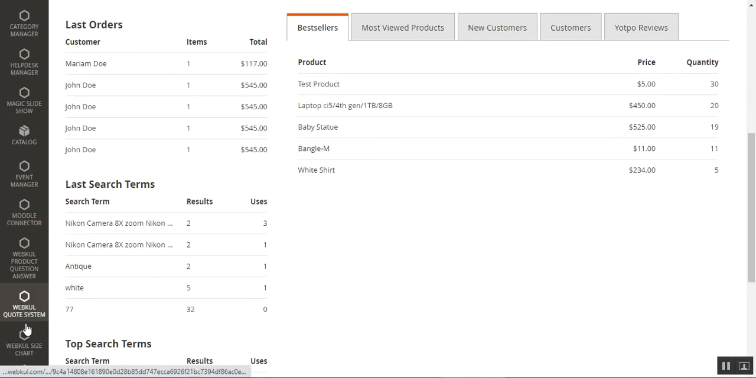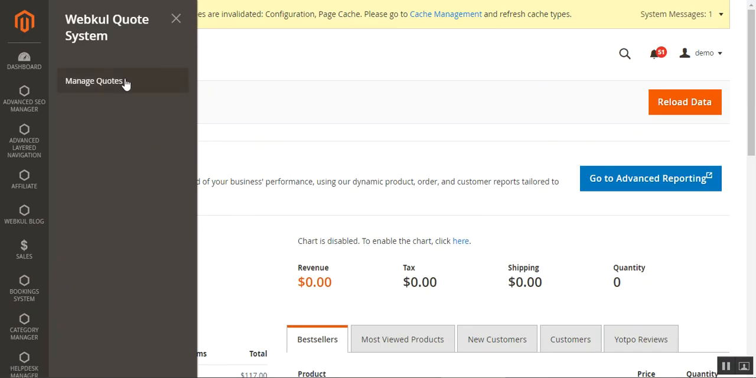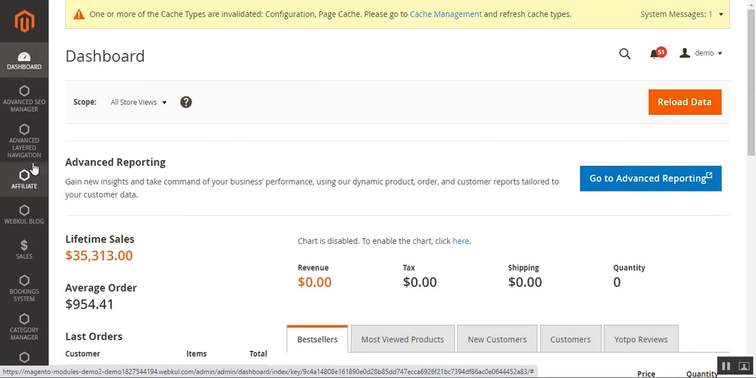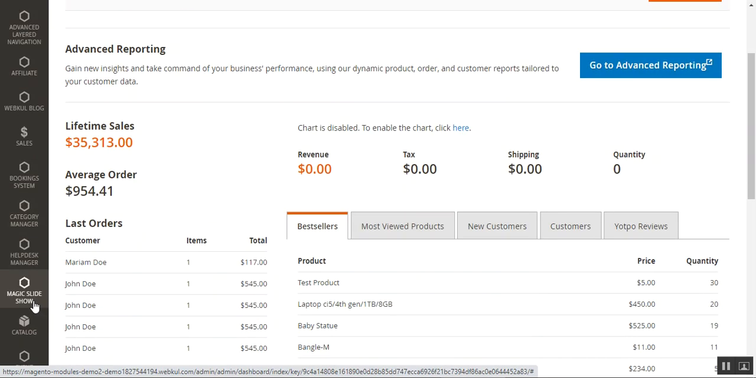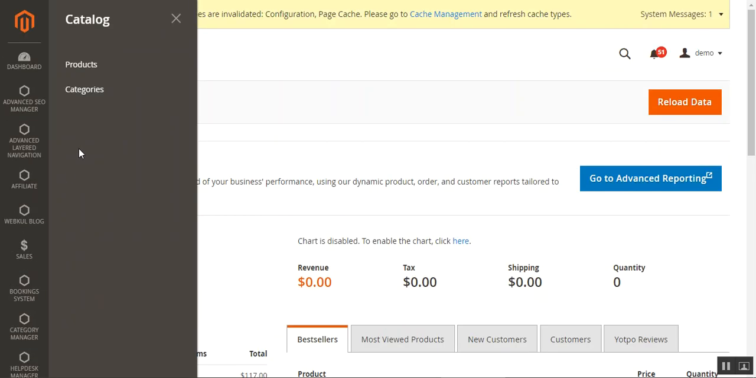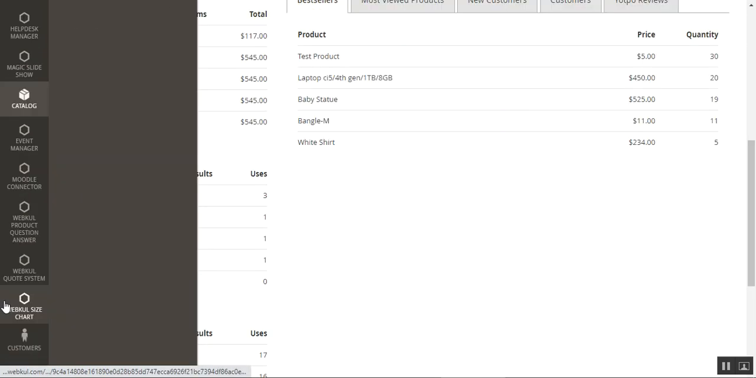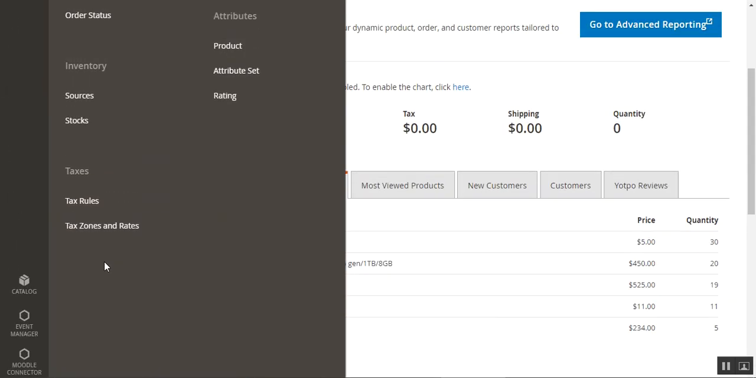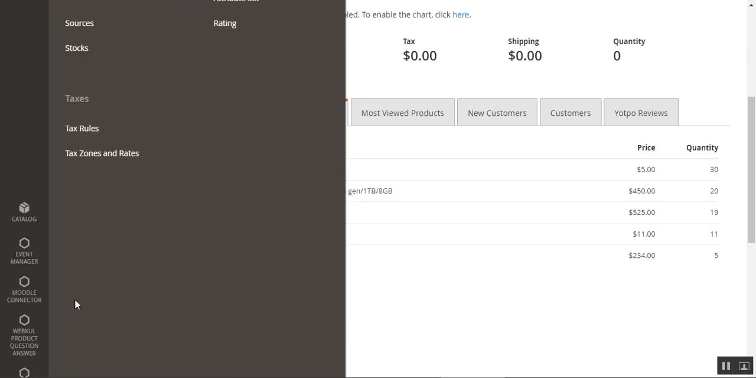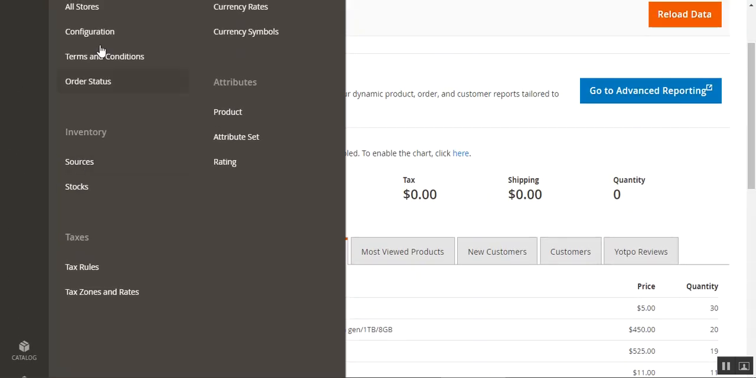So I've already told that we have the manage code section wherein we'll have all of the codes that are there, and the admin can add the codes as well. Now how to add the code to the product? So you'll have to go to your catalog, then products, and in the meantime let me show you the initial configurations. So you'll have to navigate through stores, and then you'll have to go to the configuration section here,